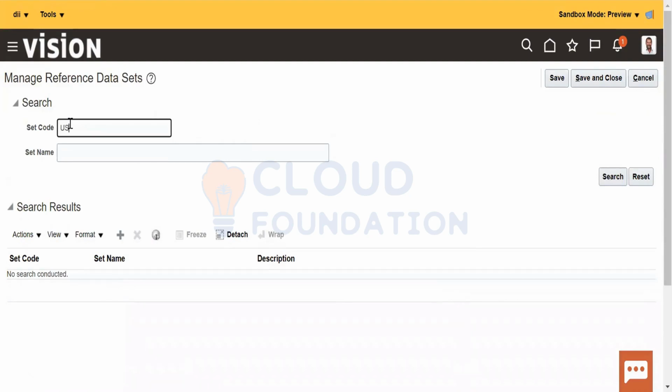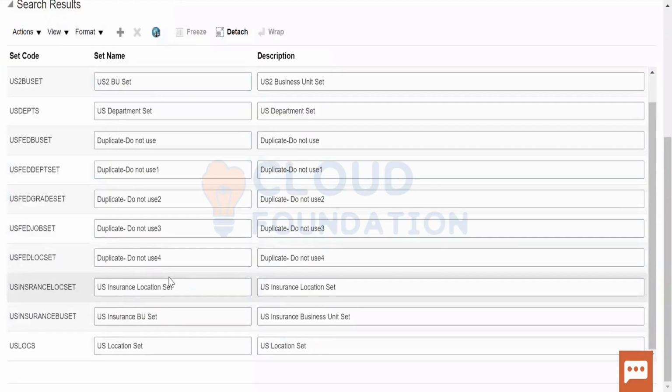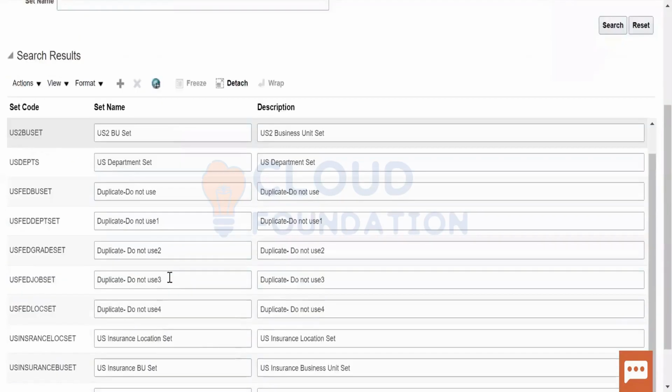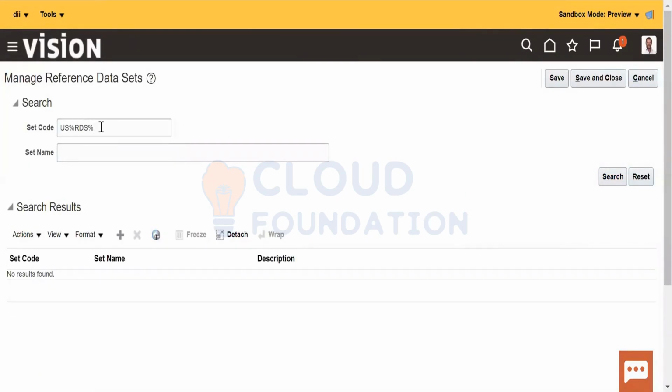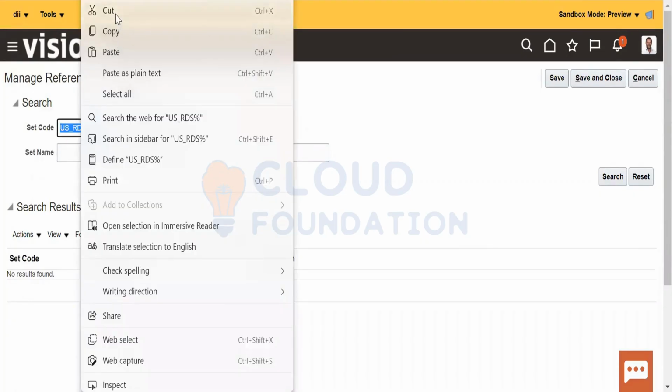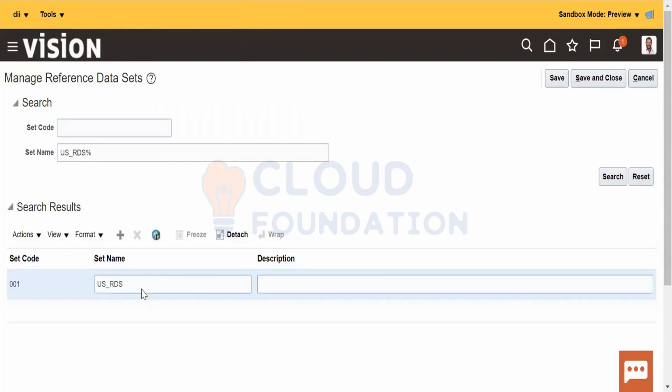Okay, go to search. You can see a reference RDS, actually as us underscore RDS, and write it like this and search. Now we are given set code and set 1, I think. Oh yes, that's it. Thank you for telling.